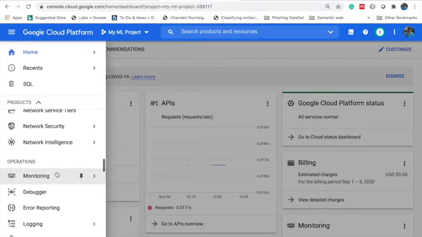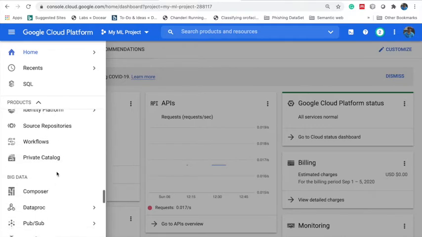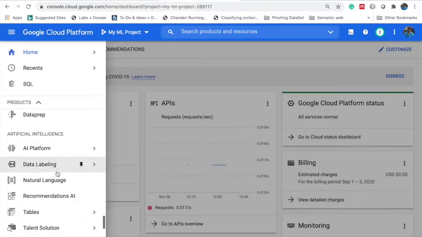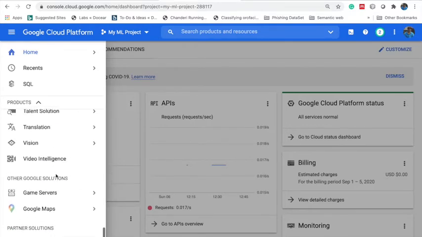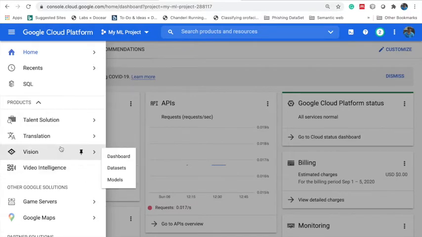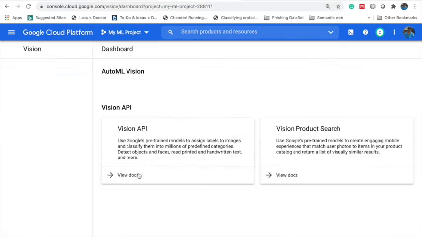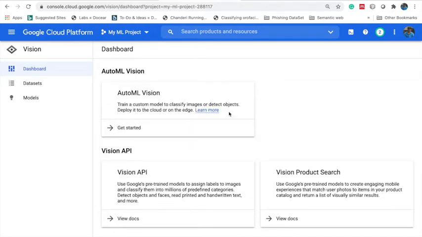Among that, I am going to select Vision API. Go to dashboards. So in this, I am going to select AutoML Vision.